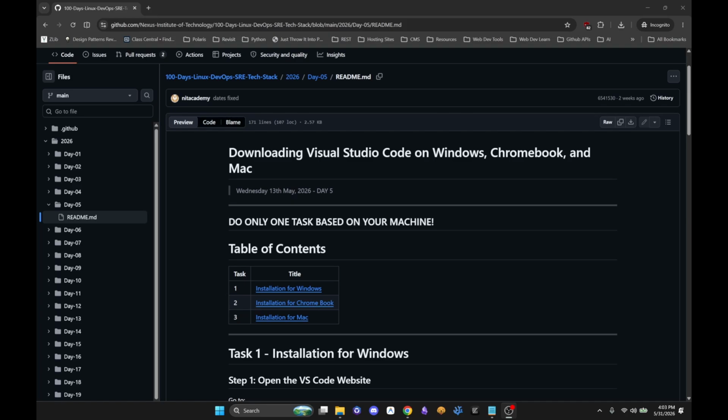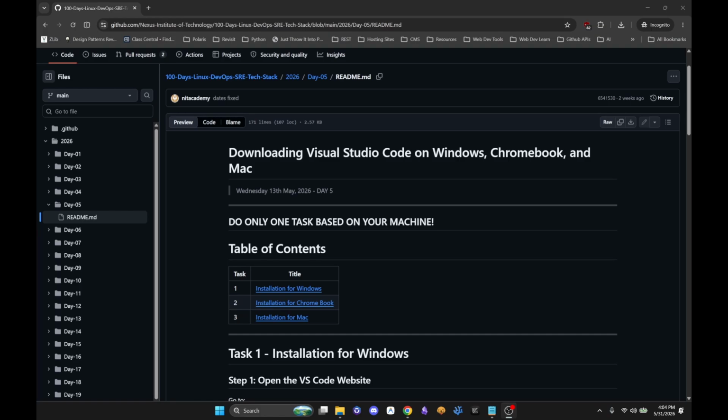For Linux, if you're using Debian or Arch Linux or Ubuntu, you are going to have to type in Ubuntu, right? If you're using Chromebook, type in Chromebook. If you're using Mac OS, type in Mac OS, right? But for the purpose of this video, we're just going to walk through how to install VS Code for Windows,